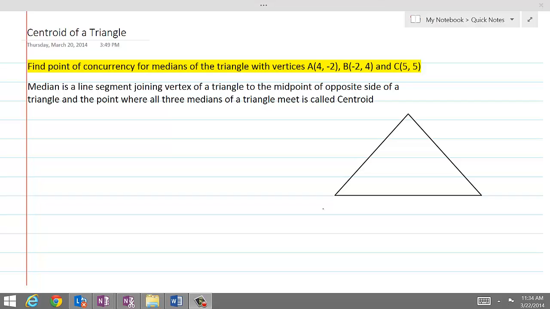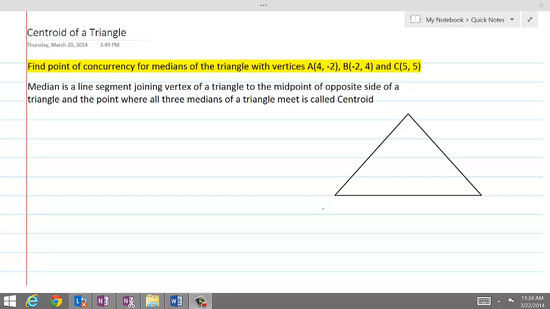Centroid of a triangle is one of the four centers of a triangle and is defined as the point of intersection of the three medians of a triangle. Here we are given 3 points as vertices of a triangle, and we will be required to find the medians and then prove that all of these 3 medians are concurrent and they intersect each other in a common